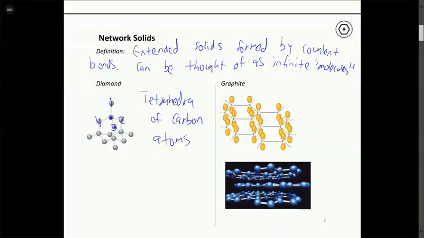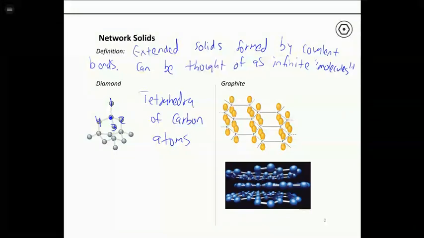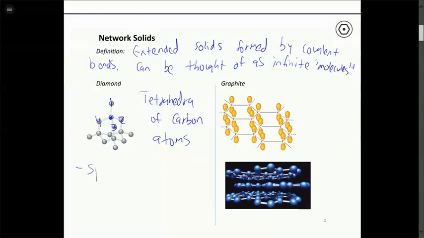but it doesn't have regular molecules that have a certain number of carbon atoms. It just extends in all directions. So we're just showing a small piece of it here, but in reality this top carbon atom will be bonded to 3 others, and all these other terminal carbon atoms will be bonded to 3 others in all directions. It would go on for a really long time. Now because the carbon is tetrahedral in diamond, that of course means that they're sp3 hybridized.